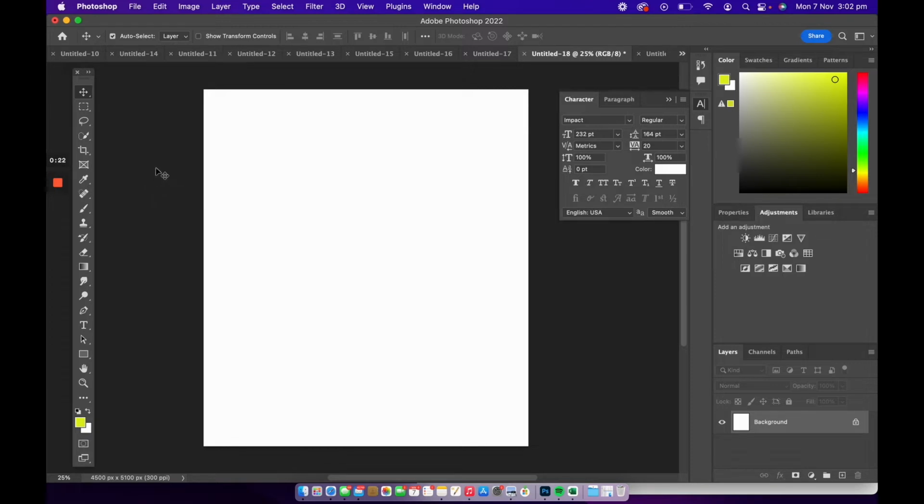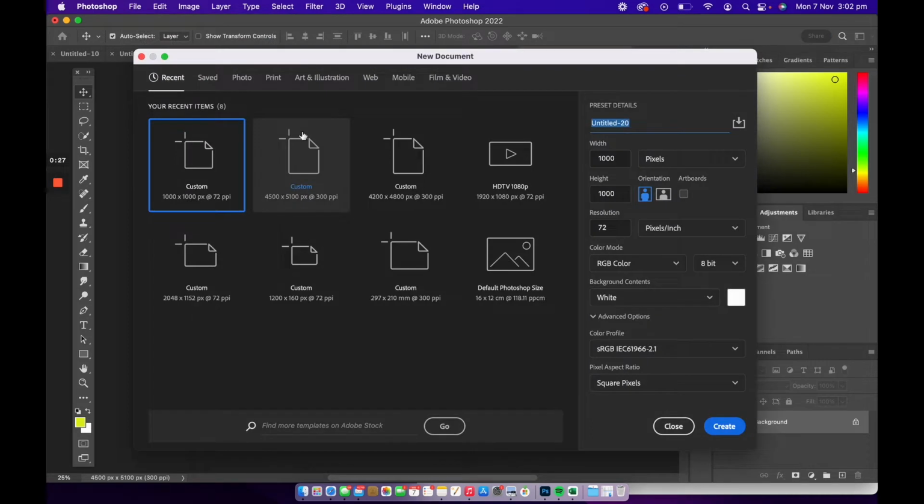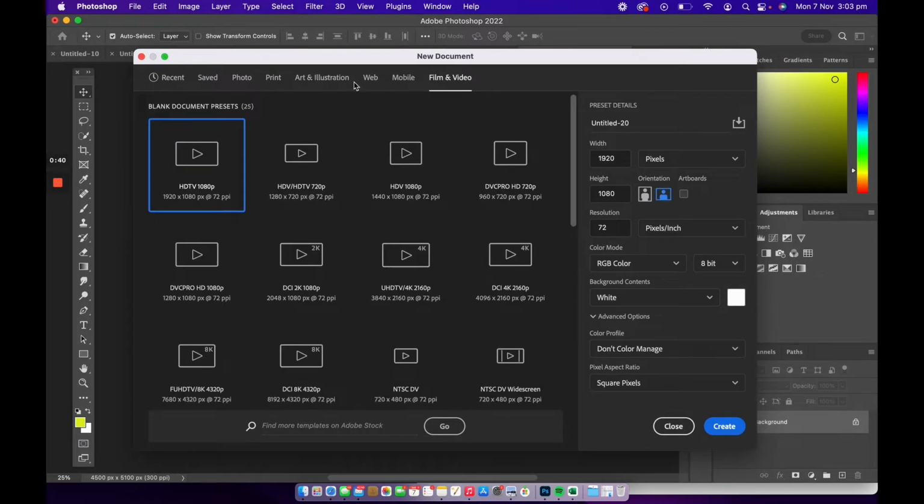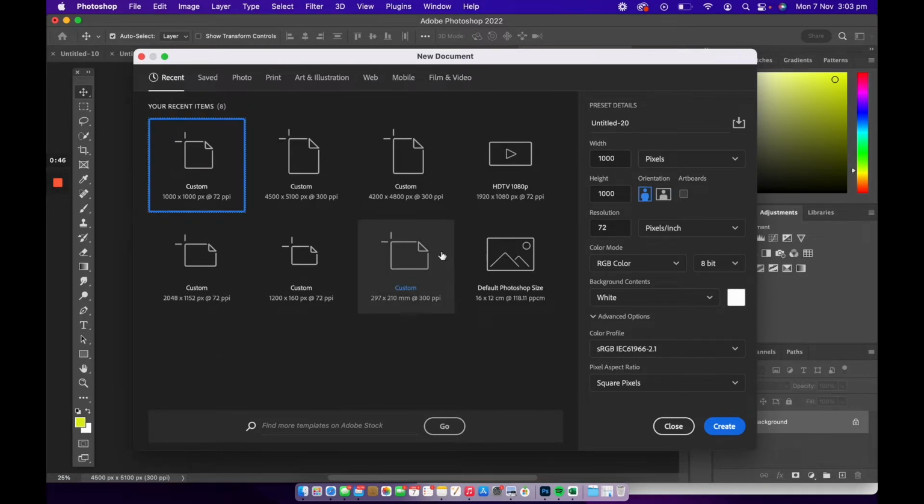So to do that, let's go to File up here and New. Now what pops up here is a little panel that we can roam through, and you'll see here a bunch of different presets that Photoshop has for us. So you've got film and video over here, you've got print as well, and web. So any of those presets you might need in the future, they're right there. But for today, we're going to create a custom document here,